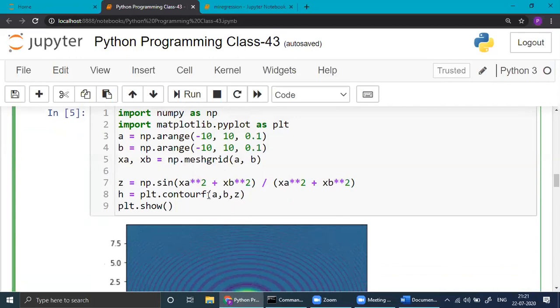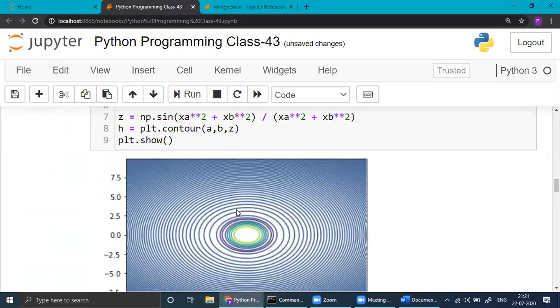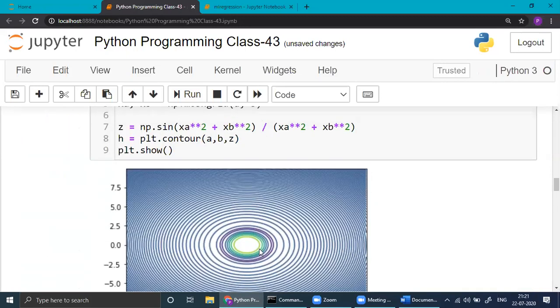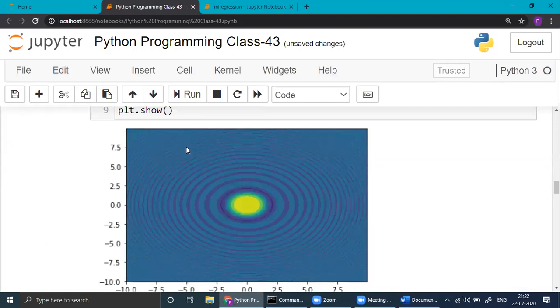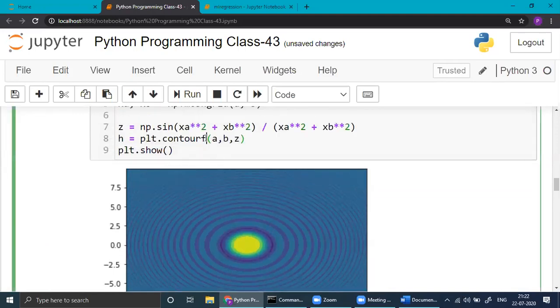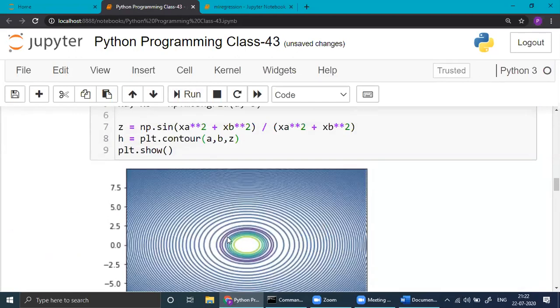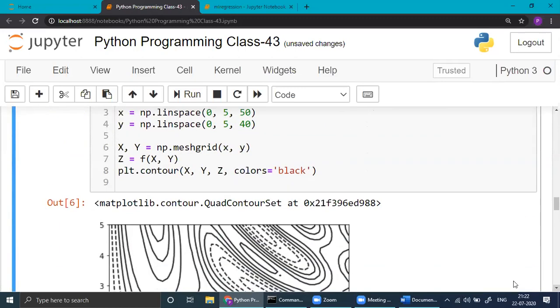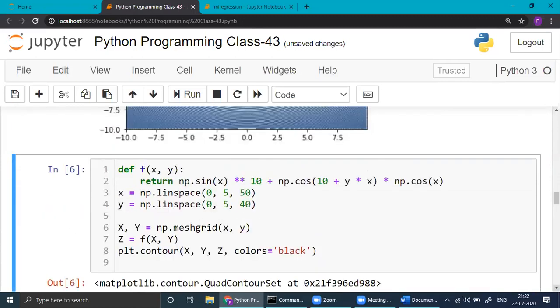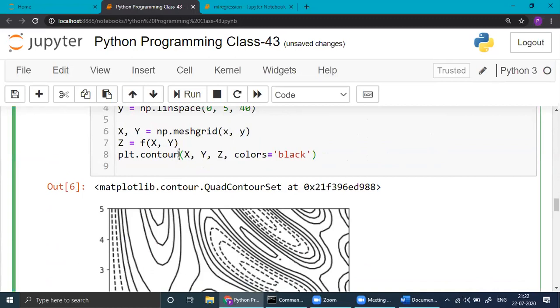Now suppose, let me make it only, I will take F here. Then how do you get it? See, it looks this way. There is a difference between contour and contour F. When you write F, everything is colored here. Okay, here only the minimum things are colored. Remember it that way. Okay. Now go to this one. Here you have written black and there is no F here. You see?